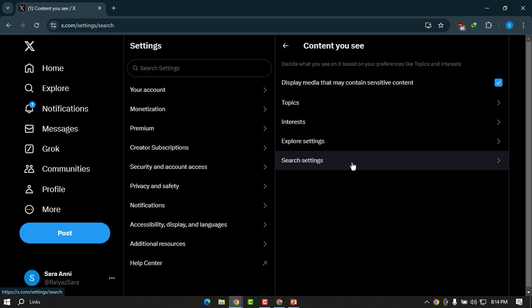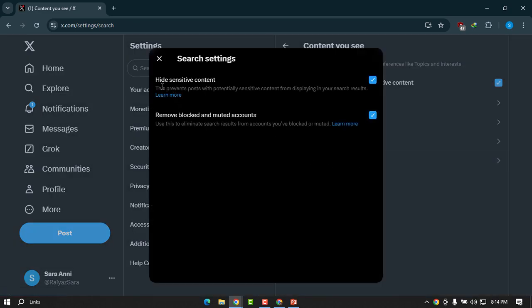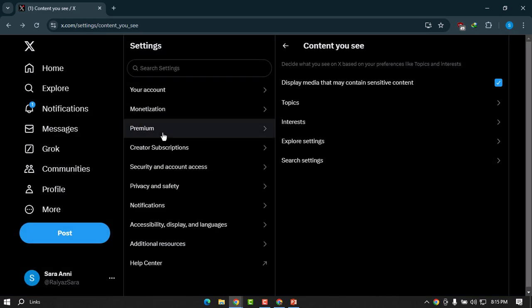Go to search settings, and here hide sensitive content is enabled, and as we want to see the sensitive content in our X account, we have to disable it. So I just unchecked it, and search settings is updated. So yeah,